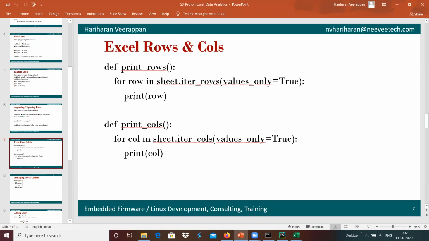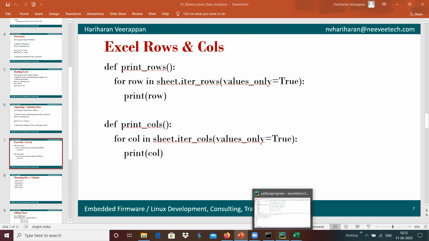This for sheet.iter_rows will provide each row's content to the row. In a similar way we have sheet.iter_cols, which will provide each column value to the for loop, that we can use for our purpose.